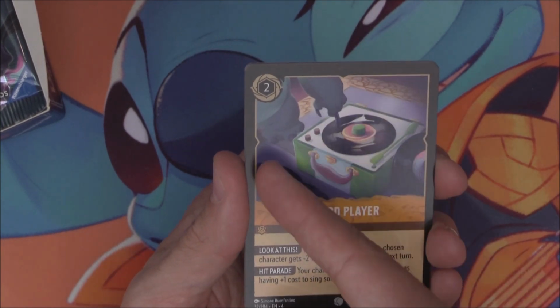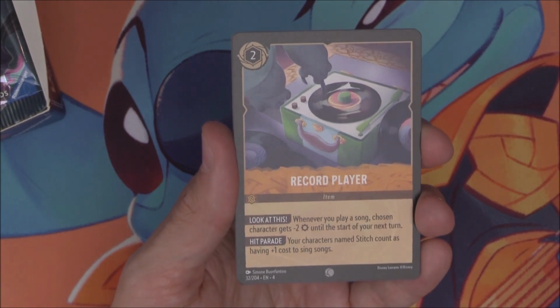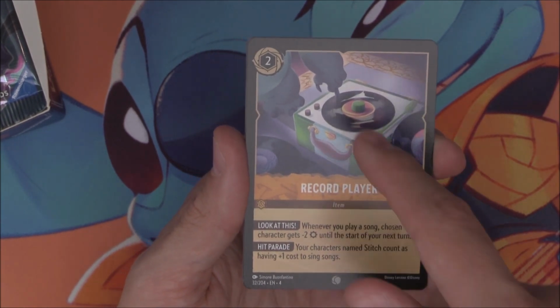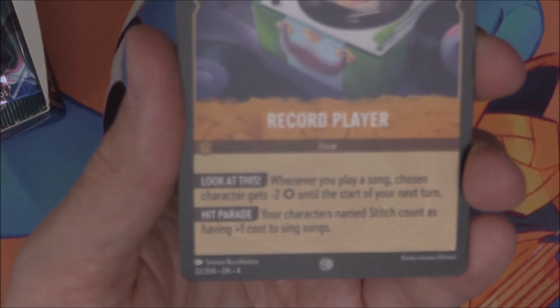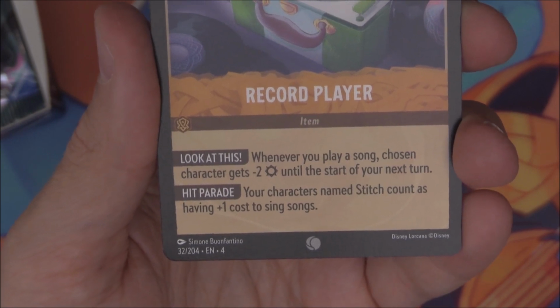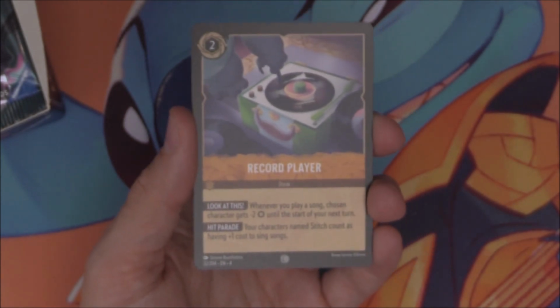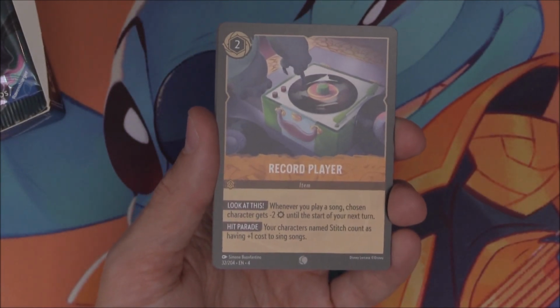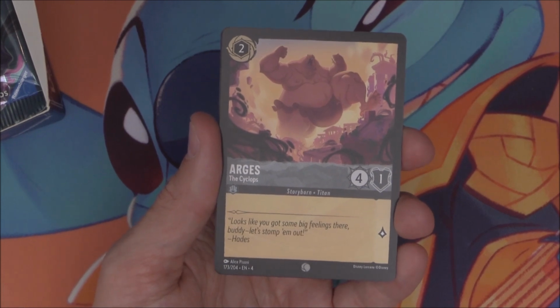It's got his hand and his foot, and he's got his hand on the needle. It's like the actual movie. You put the needle on there, open his mouth, and he's a record player. Brilliant. So yeah, this is a little bit of a Stitchy card, so your characters named Stitch count as having 1 more cost to sing songs, which to be honest, with some of the cards in this set, is pretty useful indeed. So we've got Record Player, we got Argus,